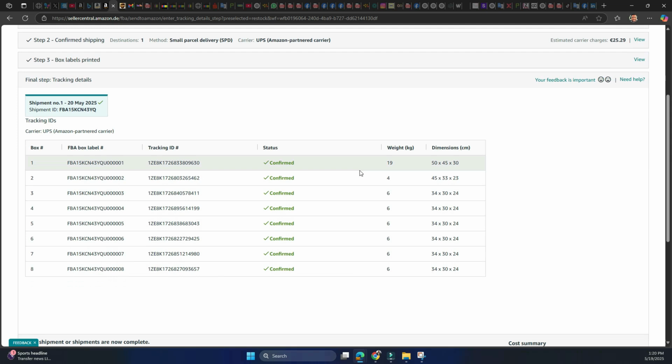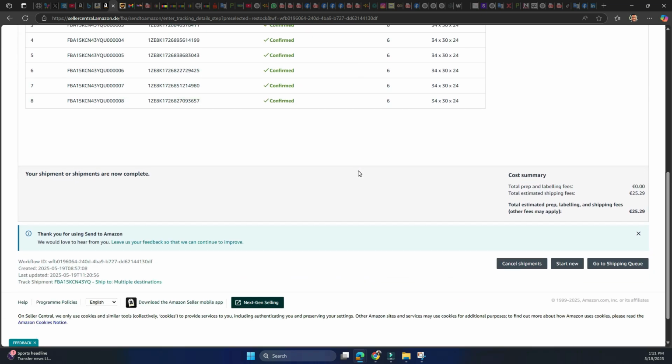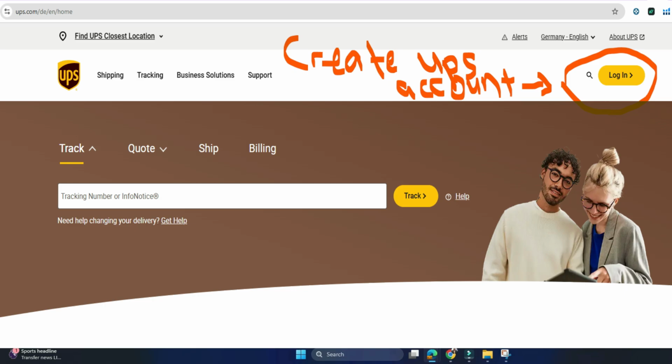You don't necessarily need to print your labels out yet. Doesn't matter, you can print it out now or later. I just wanted to show you here. So you click on view tracking. So this is the step where you need to be at. Okay, this is what we need. Exactly, this is exactly where we need to be. Once we have the tracking numbers, we can now take these tracking numbers and go over to UPS and input them into the system. Okay, so we're going to go into UPS now and start inputting those tracking numbers